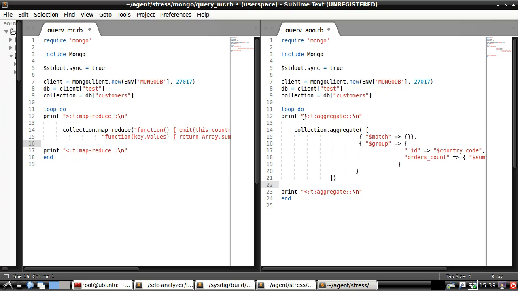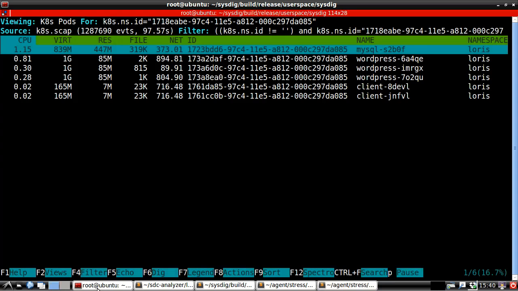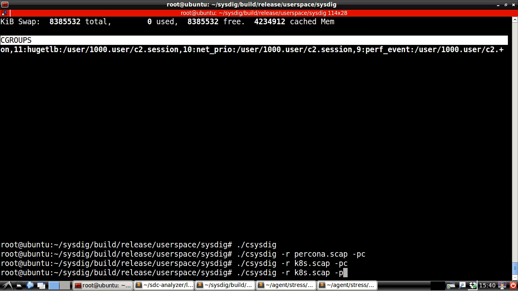This is the syntax that Sysdig understands. So you see the first character is enter and exit here, and then the name of the tracer here is aggregate, and the name of the tracer here is MapReduce. I ran these two scripts together, and then I saved the results in a trace file. So if I open the trace file,